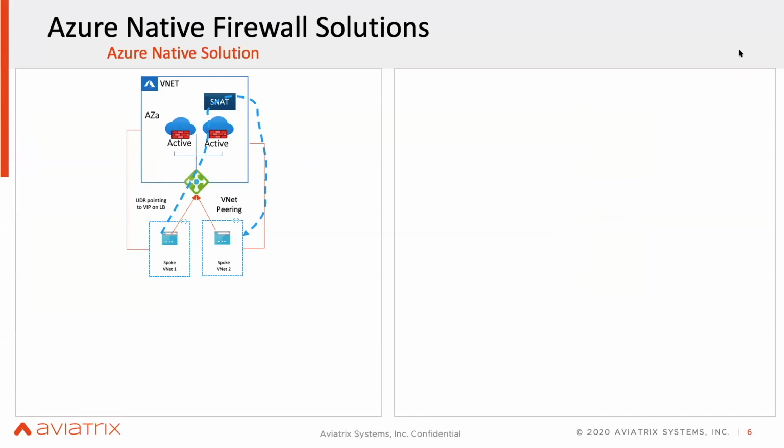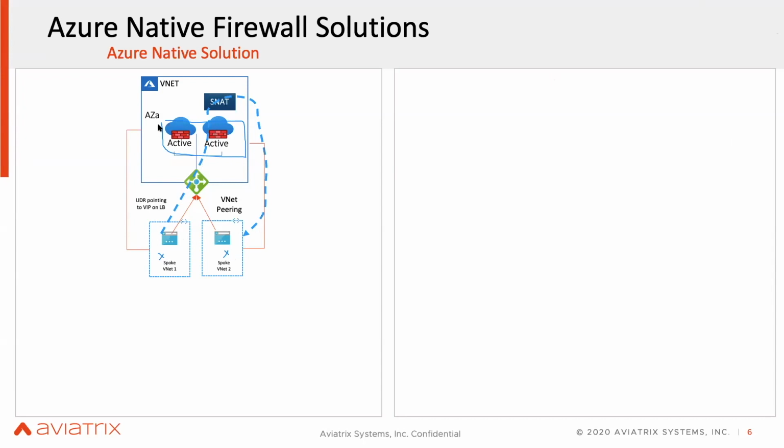So in the diagram, you see this is your Azure firewall, right? It's natively available by Azure, and you can deploy it in active-active fashion. But the problem is that when you want to send traffic from, let's say, this spoke VNet to spoke VNet number 2, you need to make sure that you have all the UDRs done properly. You point it to the VIP of the load balancer,